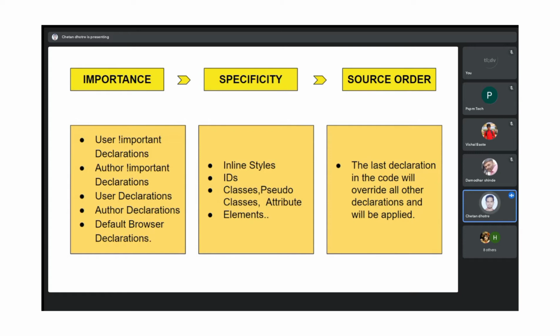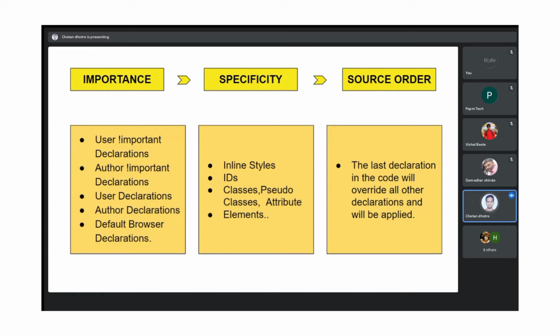Inline gets the most importance, then internal, and then the last is external. So these are the three parameters, and each of them has its own specificity. An ID will have less specificity compared to inline styles. If you have declared something in inline styles, then the ID will not get importance. If you have declared IDs, then the classes will not get importance. This is just priority based.